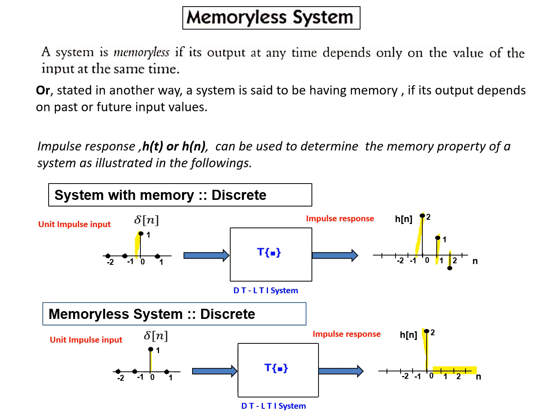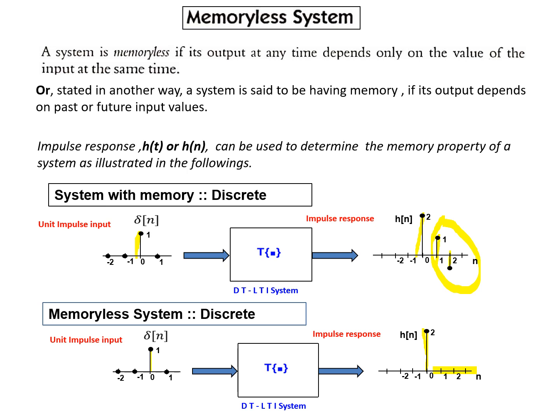Unlike this, see here two more values continued, because in this case the system had memory, while in the other case the system didn't have memory. That is, for a memoryless system, for one impulse there will be one impulse output. It may be 2, 5 or -1, whatever, but only at n equal to 0, no other values. So this system doesn't have memory.